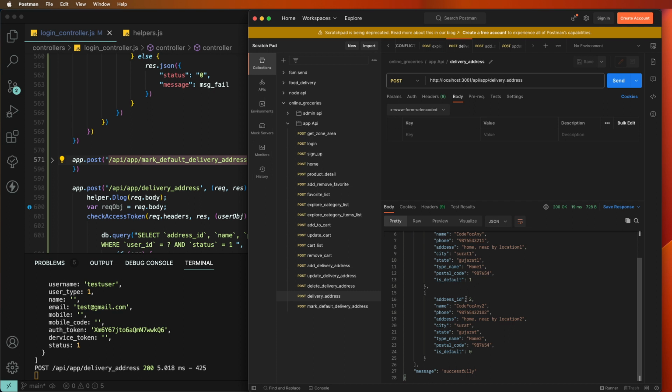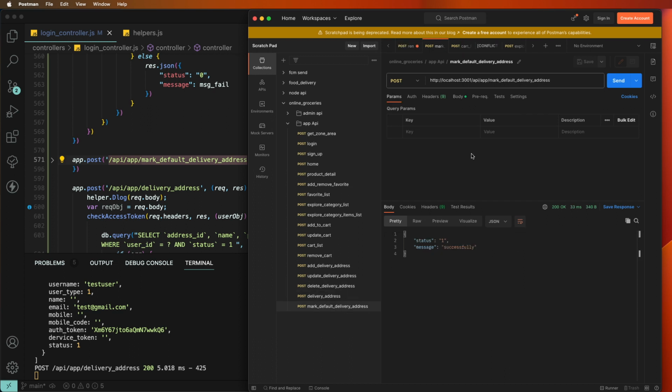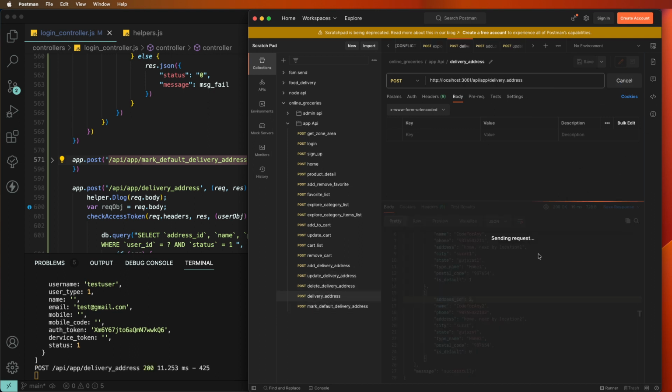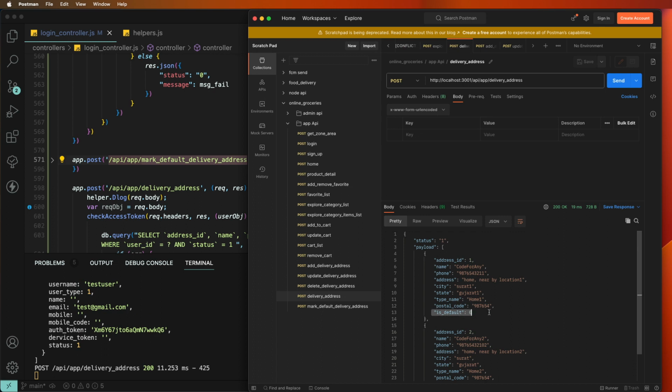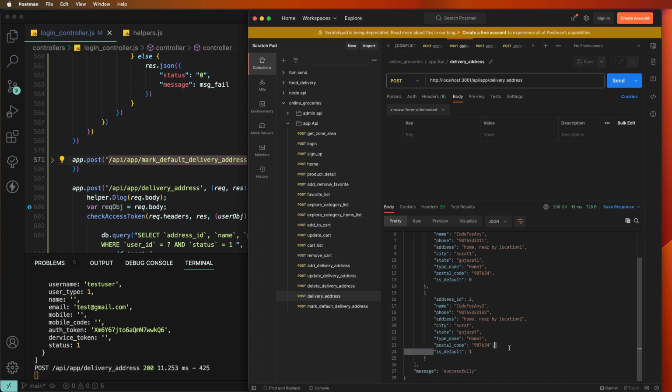Now need to change address to default. Need to automatically reset this value to like this condition set here. Default, need to mark as a default. Need to go here and second ID, fire this API. Now get here the successful response, and check here our list. Again fire this API and reset this first one, and once the logic for this API